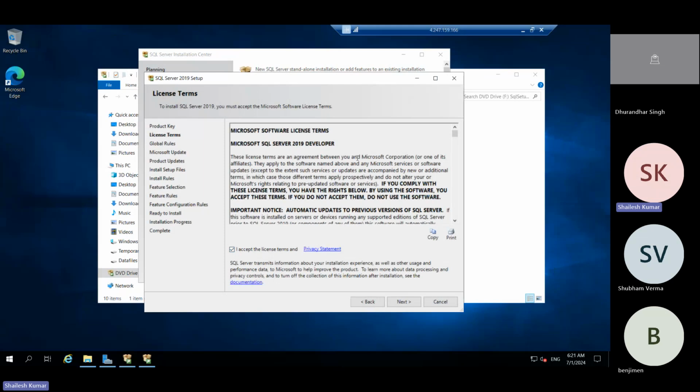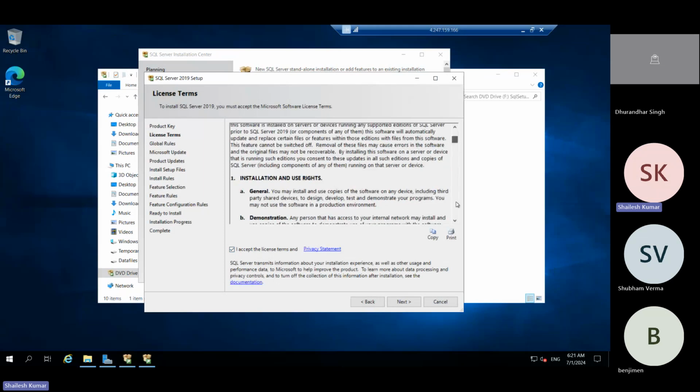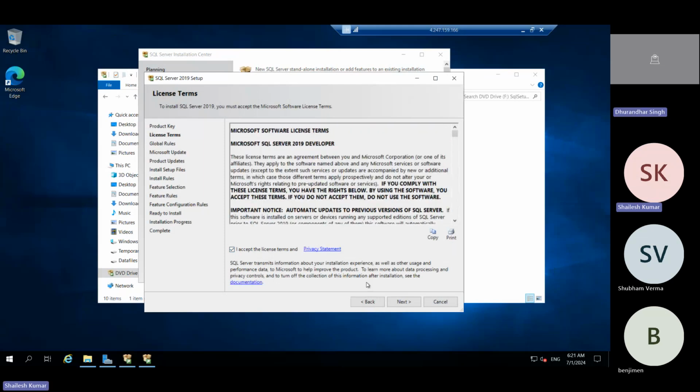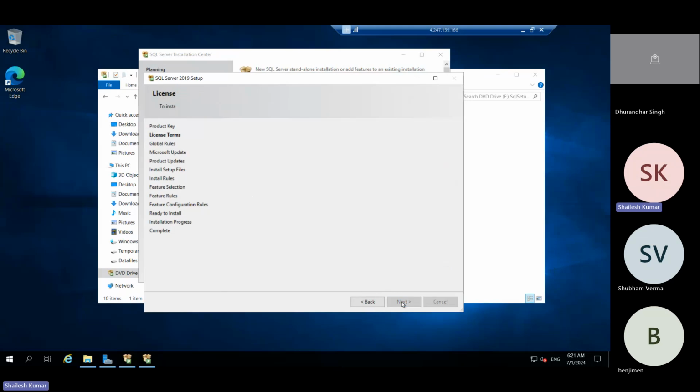By default, we have to accept this Microsoft license. No one is going to read this page, what is written inside. Just accept this license and hit OK.